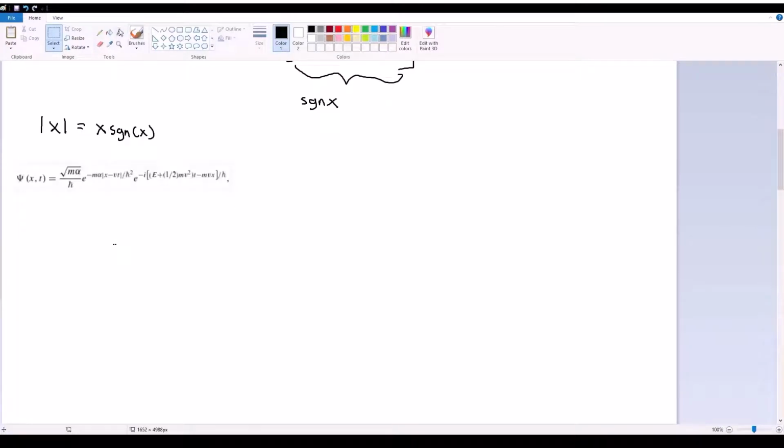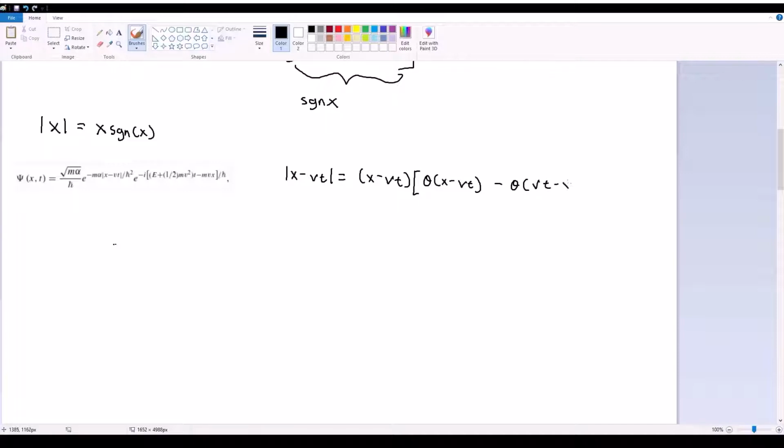So what we see here is that the only absolute value expression is this magnitude of x minus vt term. So magnitude x minus vt is going to turn into x minus vt, multiplied by the step function theta of x minus vt, subtracted by the step function of the negative of that,